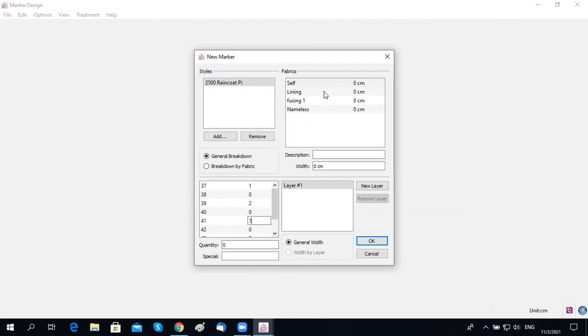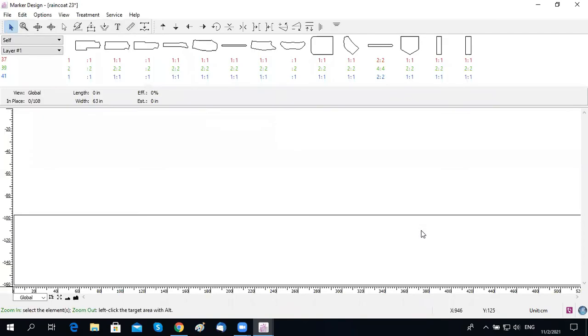Here it shows you the fabric name, and I want this. You can type the fabric with cell fabric, 160 cm. Layer 1, okay? Open the marker in here. I want to